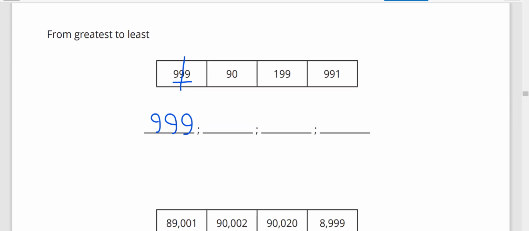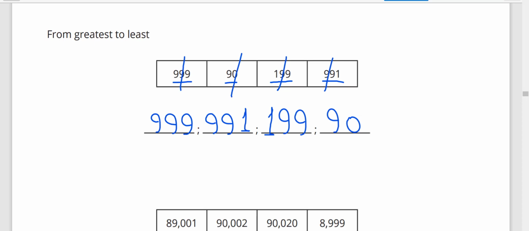And which is the greatest number, 90 or 199 or 991? The greatest number is 991, and cancel it. And 199, cancel it. The smallest number is 90. Next,